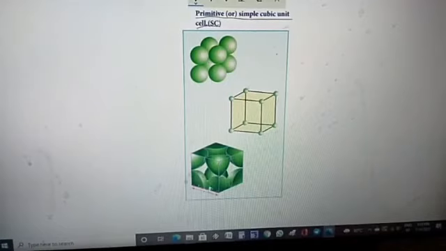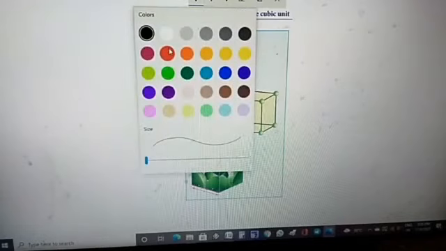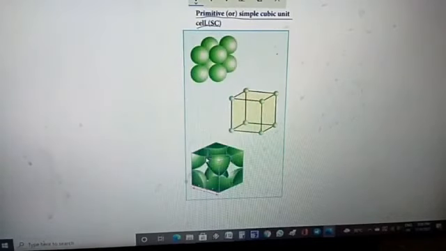Next, how much actual portion belongs to the unit cell can be explained by this. See here, are you seeing the total atom? No, you can't see the total atom. Here also you are not seeing the total atom. It is a part of the atom, 1/8 part of the atom. How much is it?